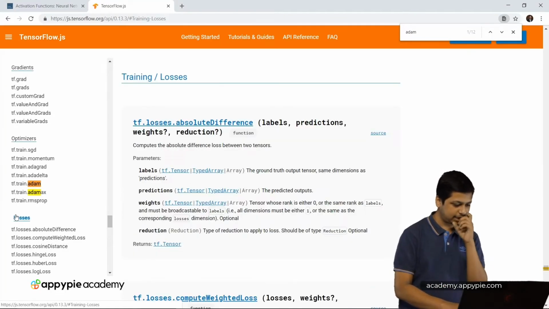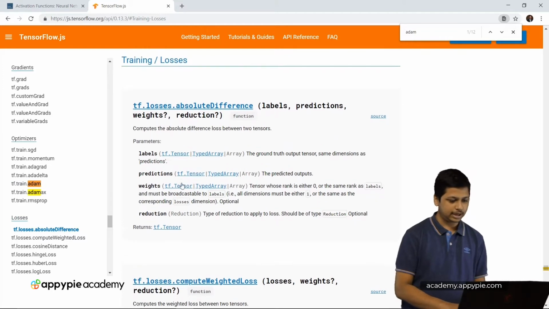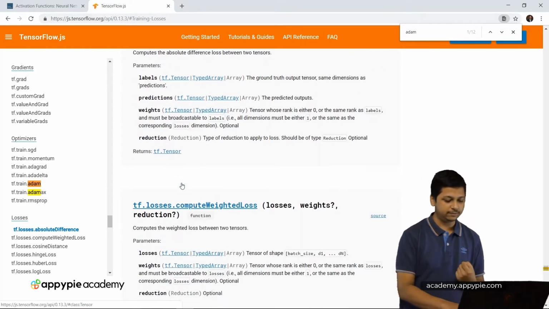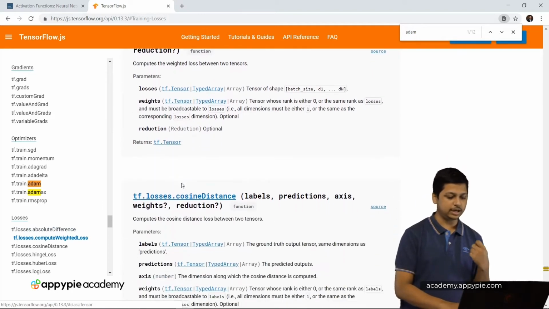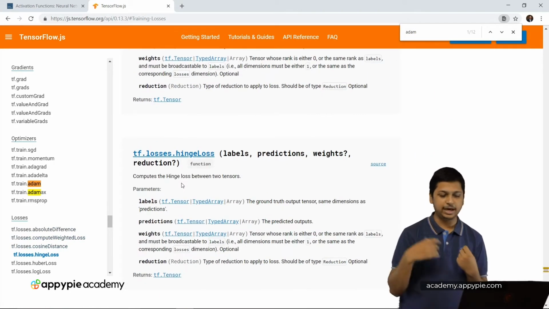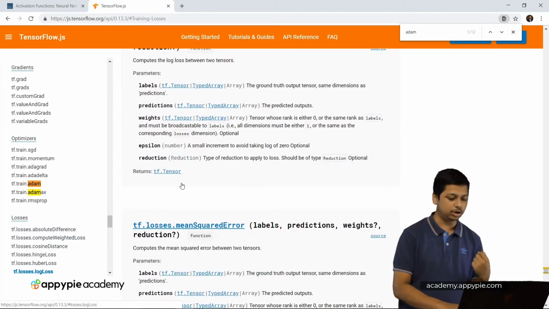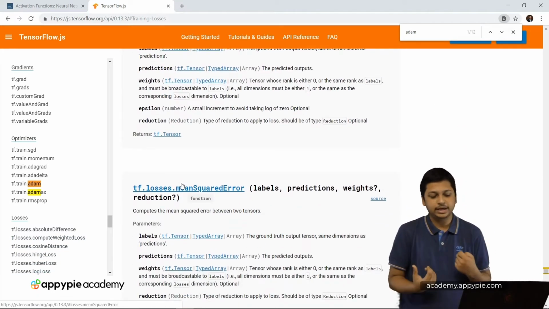So over here we have the losses, and we have a lot of different loss values. So we have absolute difference, we have compute weighted loss, we have cosine distance, then we have the hinge loss, then we have Huber loss, log loss, and we have the mean squared error loss.